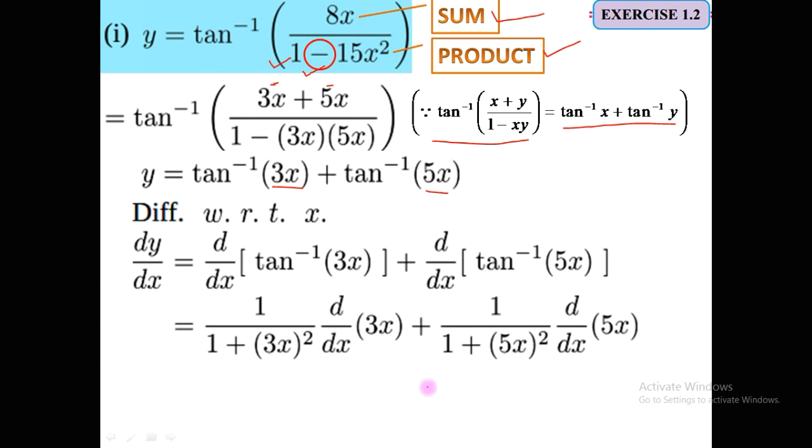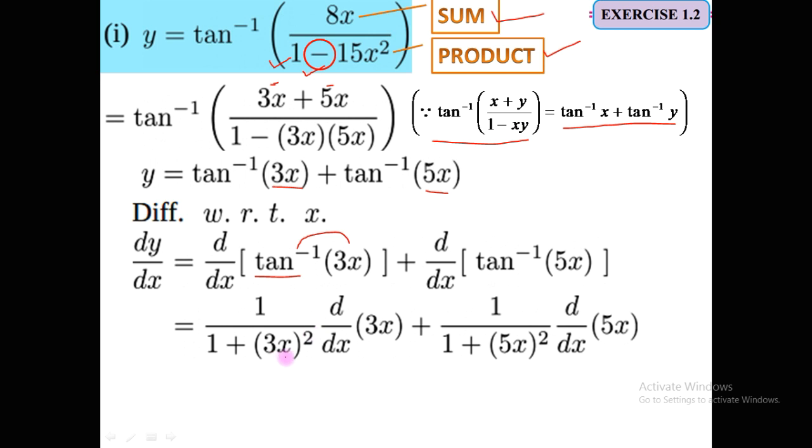Derivative of tan inverse of 3x, it is a composite kind of function. So let's find out the derivative of the tan inverse part, which is 1 upon 1 plus whatever expression is inside, squared. The derivative of tan inverse of x is 1 upon 1 plus x square, but here since it is 3x, I will write it as the square of 3x.